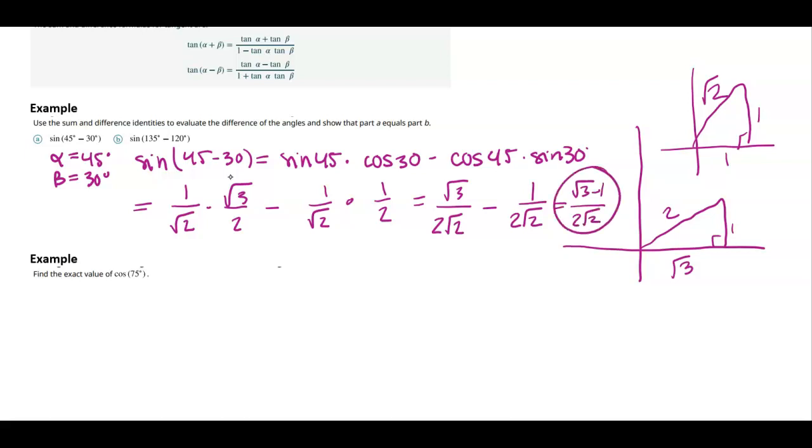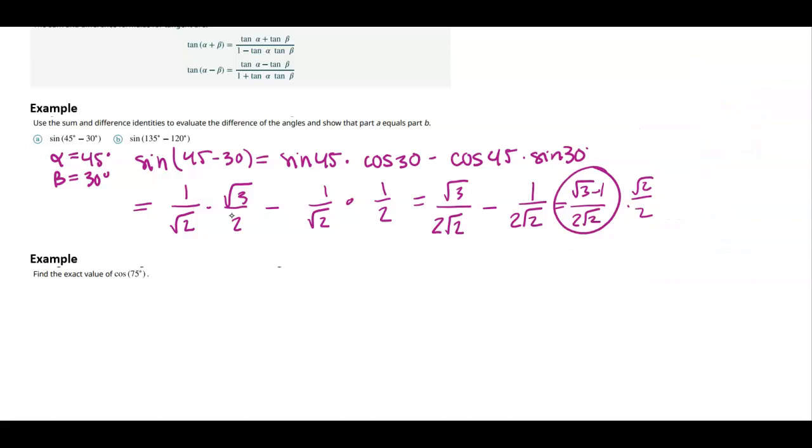If you wanted to rationalize the denominator, you could. You would need to multiply by root 2 over root 2 in order to do that. And we'd have 2 root 2 times root 3 minus 1 all over 4, if that's something that you wanted to do. Now, if you look at part B, this is the sine of 15 degrees,